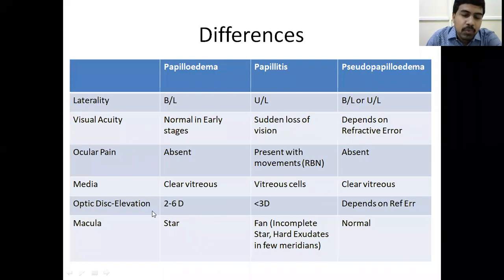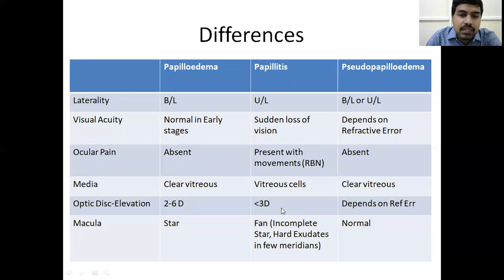In the direct ophthalmoscope, the optic disc should actually lie flat over the retina. If there is a 1 millimeter elevation of the optic disc, then 3 diopters of elevation are seen in the direct ophthalmoscope. How it happens is for the practical class. So based on the direct ophthalmoscope, in papilledema, the optic disc elevation is up to 2 to 6 diopters. That is, 1 millimeter gives rise to 3 diopters, so 6 diopters means up to 2 millimeters of elevation.